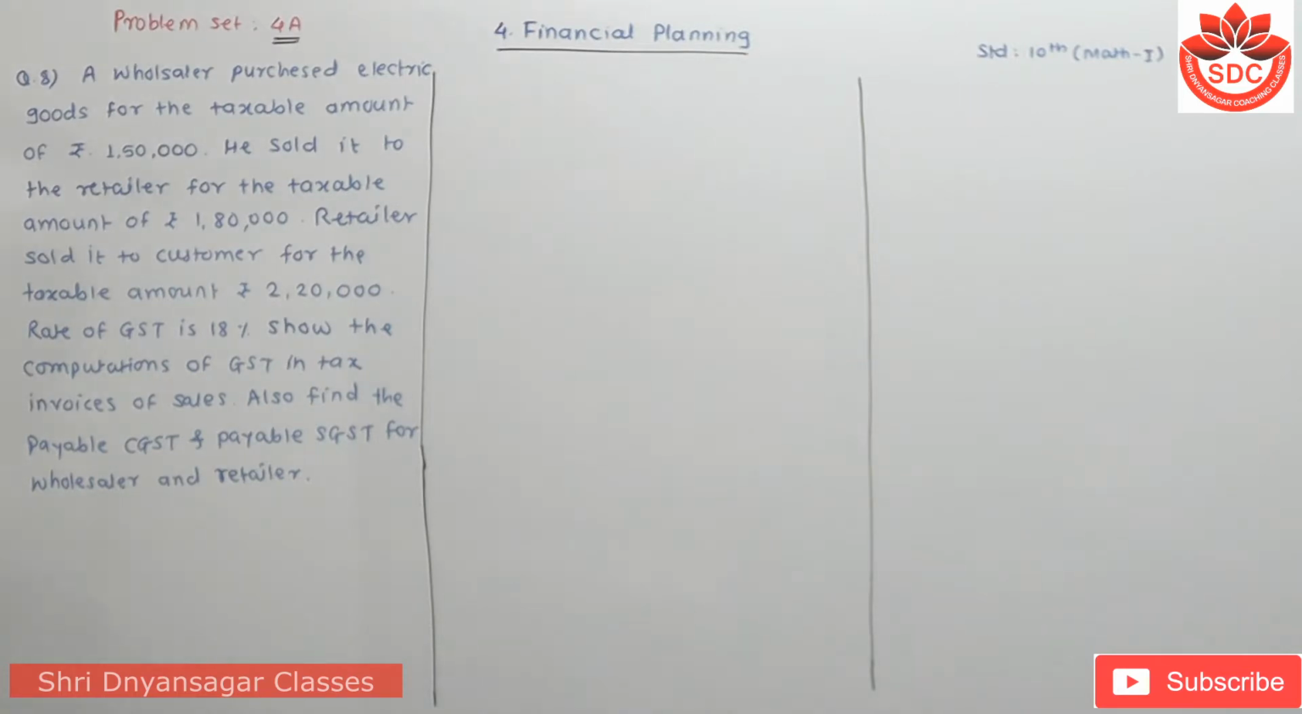Now student, here GST is given as how much? 18%, meaning for the purchase amount and the selling amount also. Now I have to first write the wholesaler's purchase, its answer. A wholesaler purchases electric goods